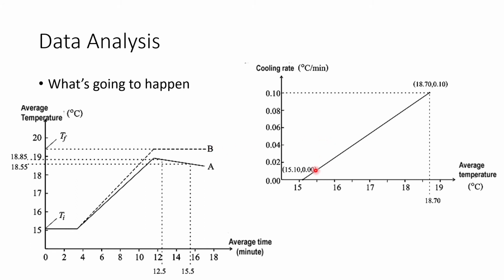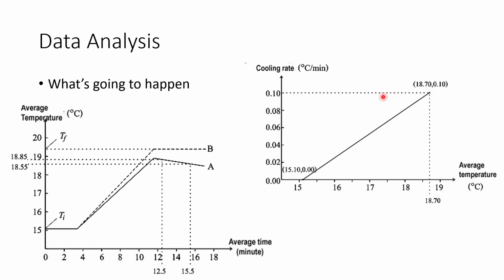Okay, so to make this second graph, you need to estimate the cooling rate. As I mentioned, the higher the difference of the temperature of an object from the room temperature or the ambient temperature, the higher the cooling rate. So if at the beginning the copper blob is at 15 degrees Celsius, it's going to start at 0 cooling rate, because if the thing is at room temperature, it's just going to sit there and the temperature would never change, right? So the cooling rate would be 0 for 15 degrees Celsius, or 15.1 in this case. So 15.1 would read 0 degrees per minute.